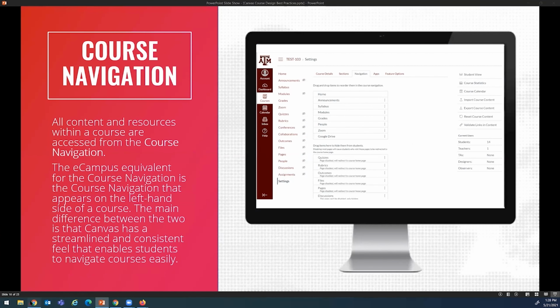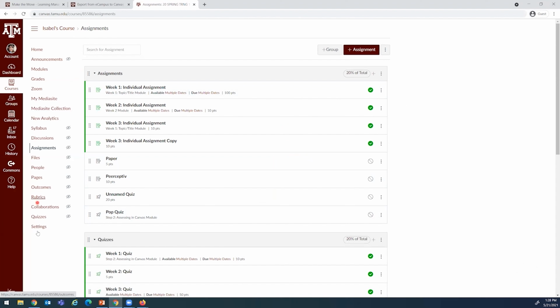Course navigation, this one very quickly. What we recommend is to review the course navigation and the way it is displayed on the left-hand side. Anything with an eyeball and a slash through it means it is not visible to students, or there's no content in there. For example, if I hover my cursor over announcements, it tells me there's no content, whereas files tells me it's disabled. So if I go to settings,